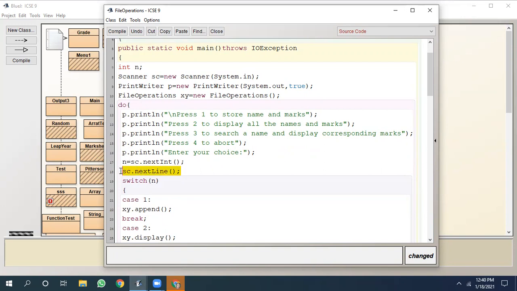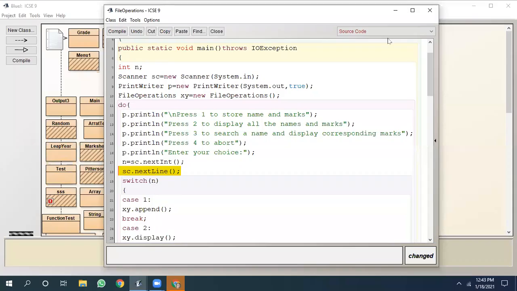Here we have used a dummy input statement. Now this is a lacuna of the Scanner class. When multiple inputs are to be taken, then this problem arises in the Scanner class. The value entered by the user, which has been collected in variable n, will decide the next course of action.